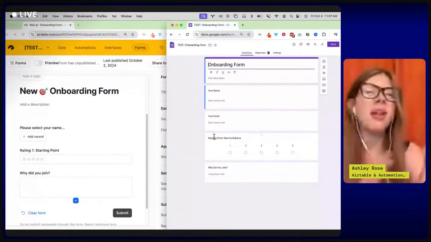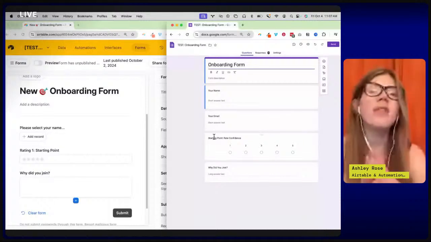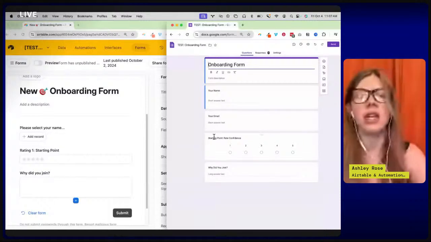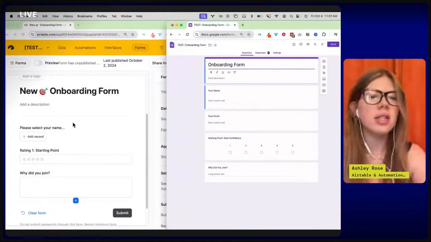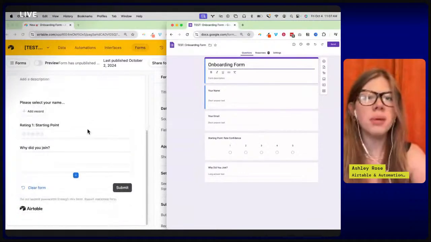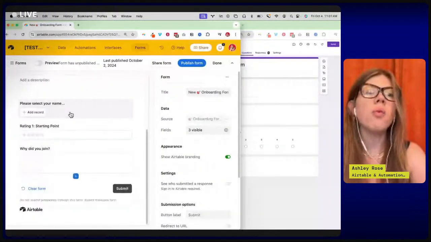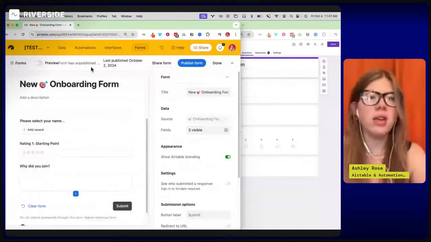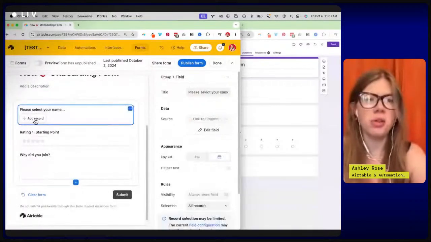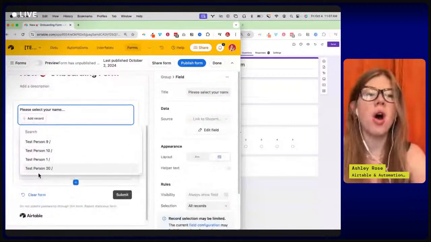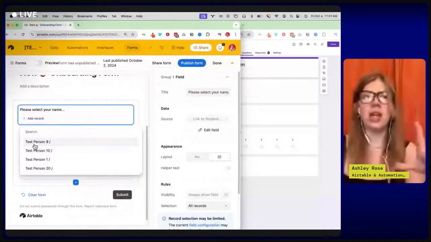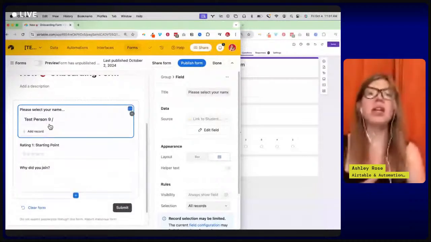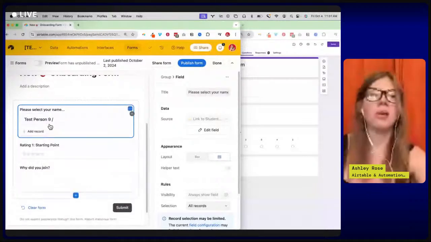This is less about the types of questions you should have in the form and simply what you can do with the data afterwards. You'll see here, the forms look pretty similar. One really cool thing about Airtable is that you can do a "select your name" drop-down option. So you can have all of your client names, and they can just select their name, and that's going to link their form data to what we call a primary student record. I'll show you what that looks like.